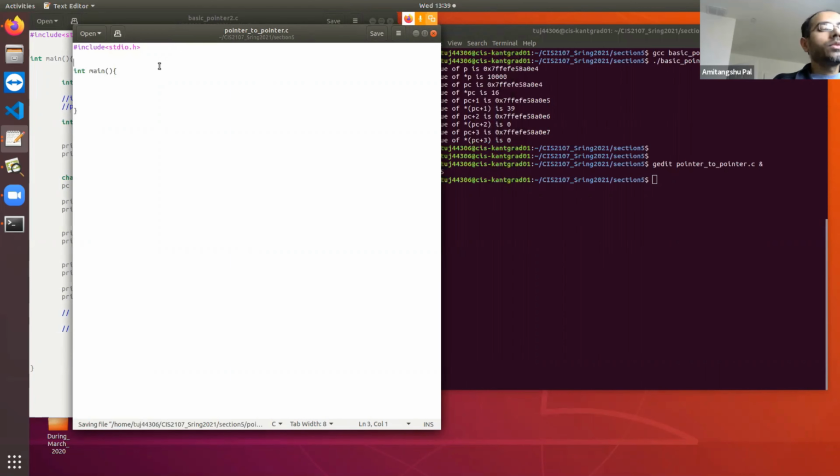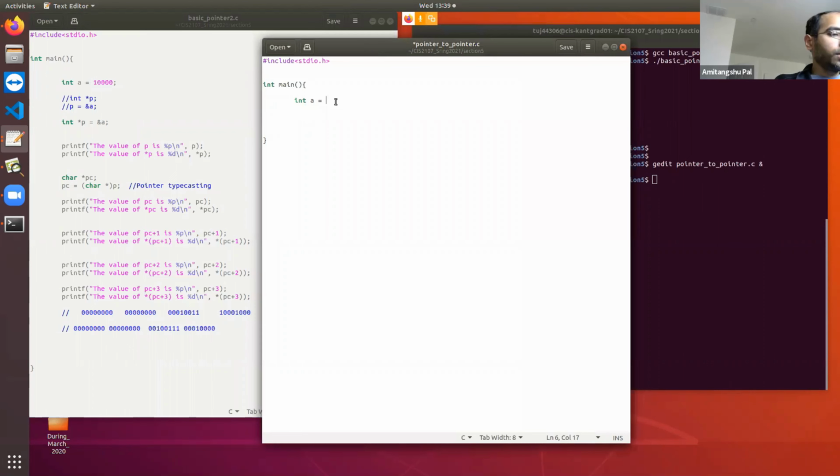Okay. So previously I was saying that int a is equal to whatever the value is, 10,000. And then I was writing int *p equal to &a. Now I am saying that q is a pointer to an integer, and I am writing q is equal to &p. Okay, so I can also merge these two lines, and I can write that